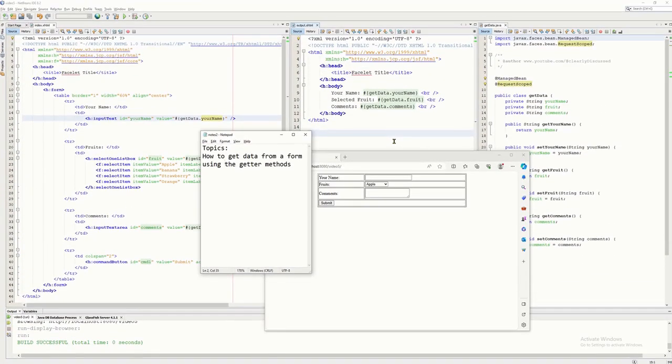Hello everyone, in this tutorial video, I will discuss another way on how to get the data from a form